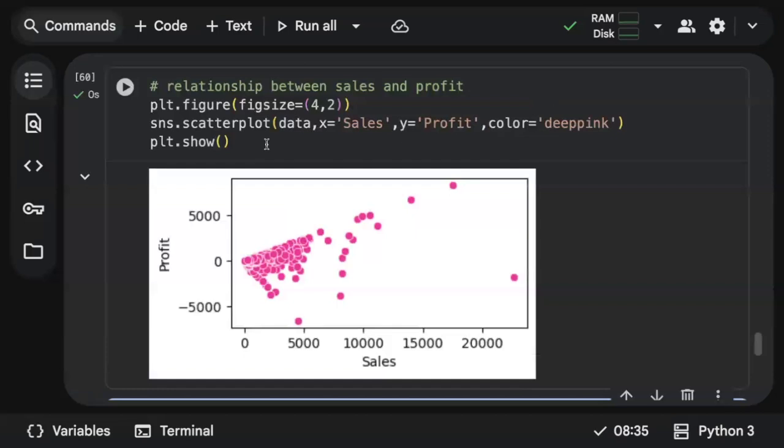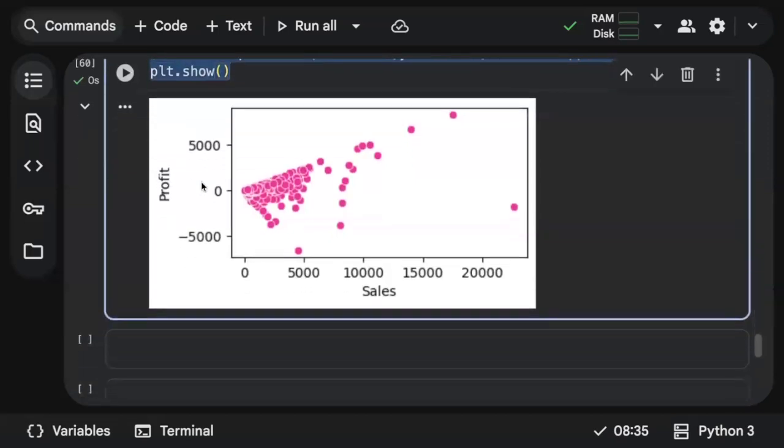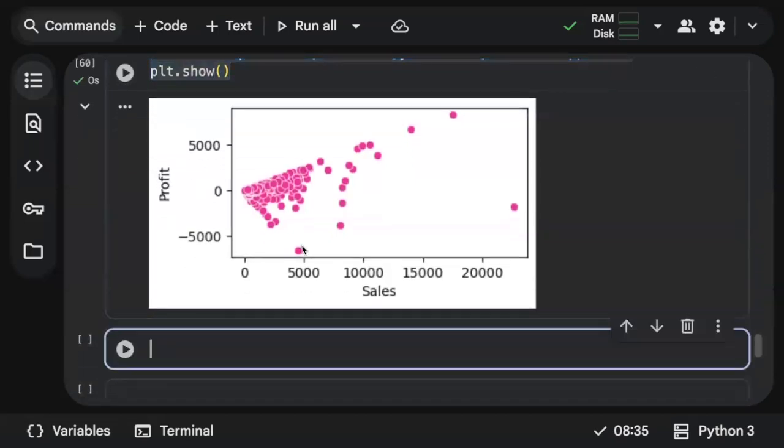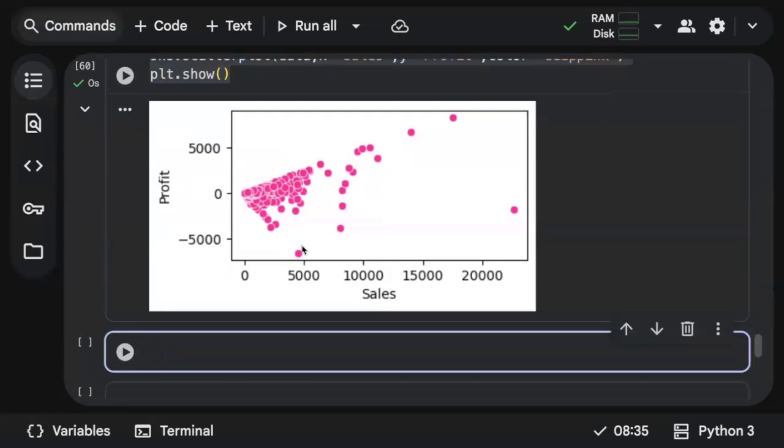And what if you want the same thing with respect to different categories? You can also see the insight related to this graph: there is a strong relationship between sales and profit, because as sales increases, the profit is also increasing. So you could see a kind of positive trend. If it's something like this, then there is a direct, positive relationship. If it's something like this, then there is a negative relationship, because as one increases, the other one decreases. And if something like this, no relationship. They are completely independent with no dependencies.